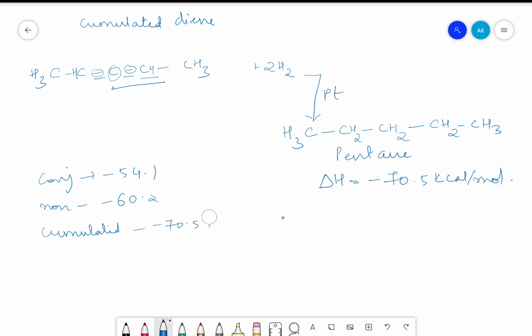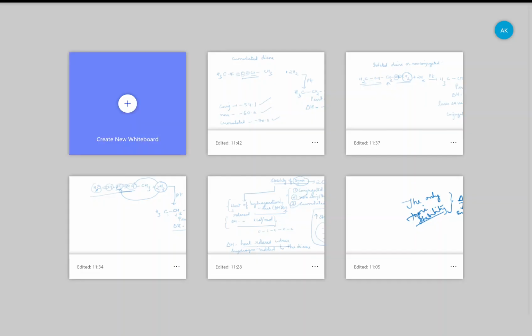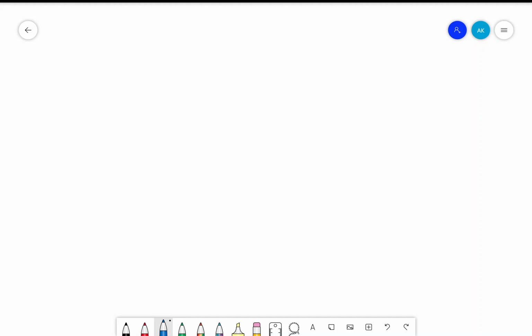kilocalories per mole. So out of these three, the conjugated diene has the least delta H value, followed by non-conjugated, followed by cumulated. So the order of stability will be conjugated diene, followed by non-conjugated diene, followed by cumulated diene is the stability order of dienes. I think it is very simple for you to understand now if you know the basic analogy which we have followed in the beginning. But what makes this conjugated diene more stable actually is that conjugated diene